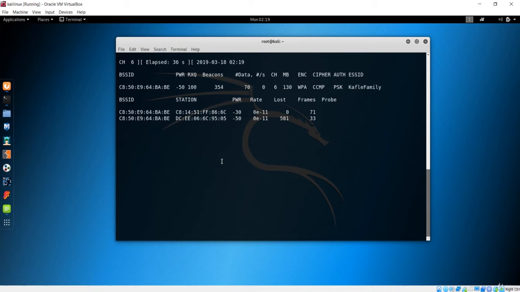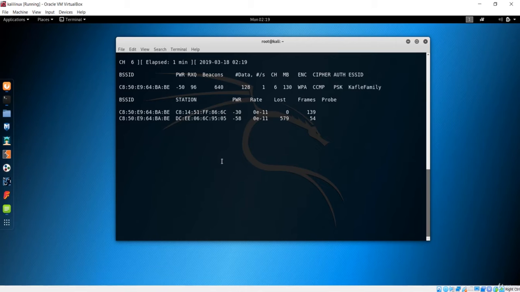But now we have to wait until this client tries to reconnect to that network, which will take so much time if you do it with this process, because we don't know when it will need to reconnect. Maybe due to some conditions the client may reconnect, but we have to wait till that moment when we get the reconnection from the client to that network.